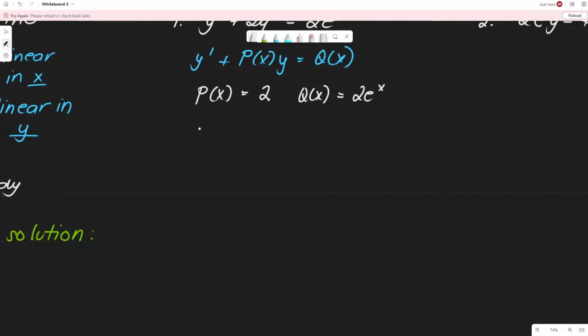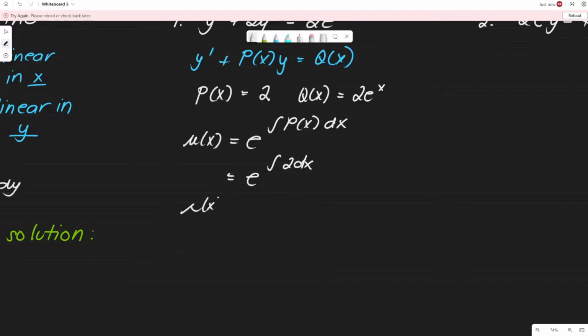So let's find mu of x. Since this is linear in x, we have mu of x is equal to e raised to the integral of p of x dx. So we'll have e raised to the integral of 2 dx. What's the integral of 2 dx? Obviously that is 2x. We no longer put plus c, no need to put plus c. So we have mu of x is equal to